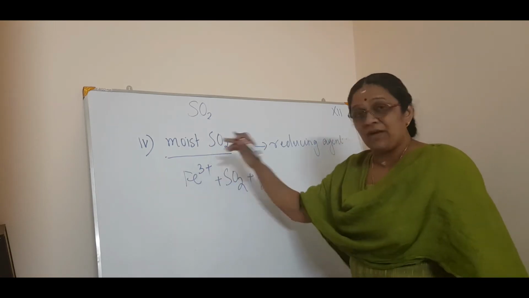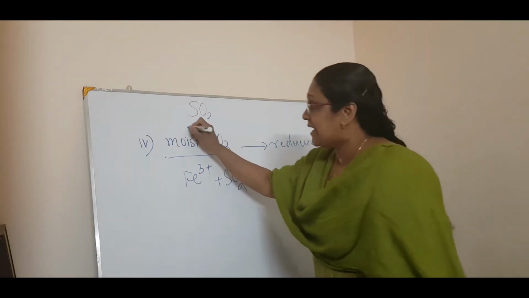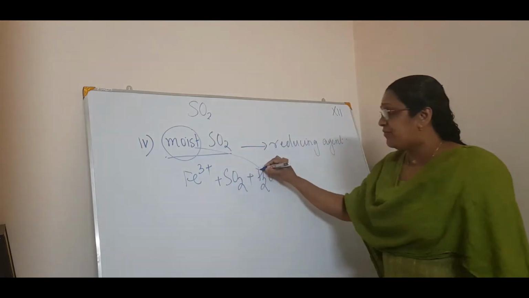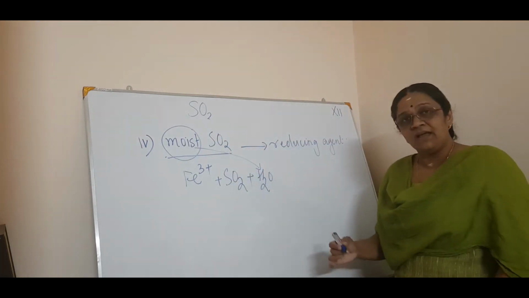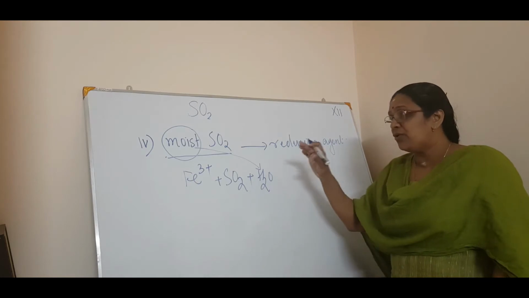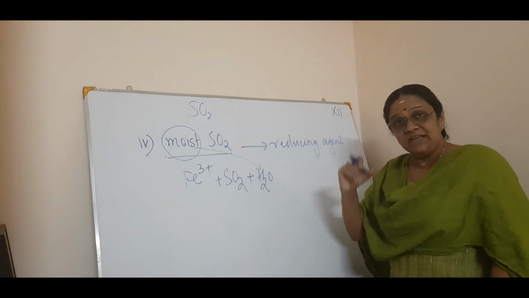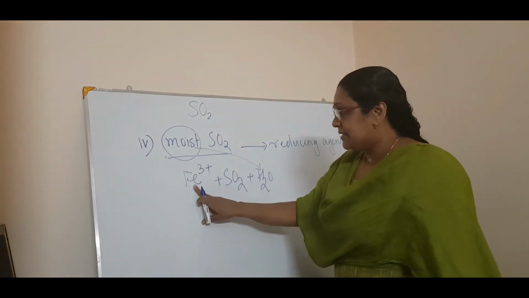So for me, I remember it like this: it is moist, so I can connect it with water. Simply by hearting it, I won't get that. So if you are doing that, you have to have such an idea. Okay. So then this is reduction.